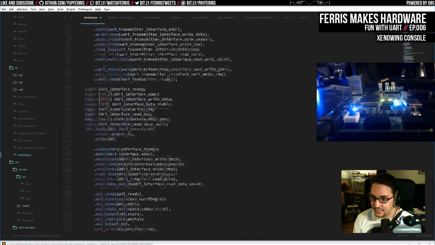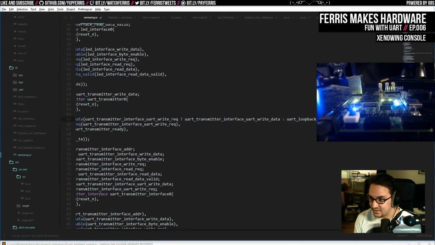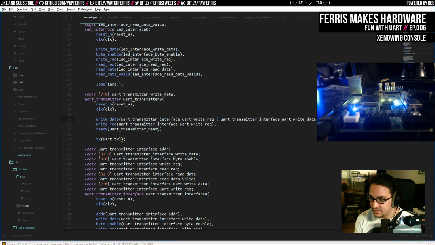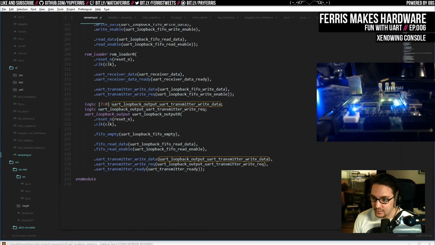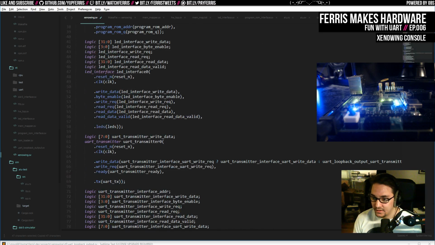And this is not a great way to hook this together, but it's fine. So it's either going to be, if the UART is sending a write request, we're going to use the UART one. Otherwise, we're going to use the loopback. And then we can just do the or of the two for whether or not we actually need a write